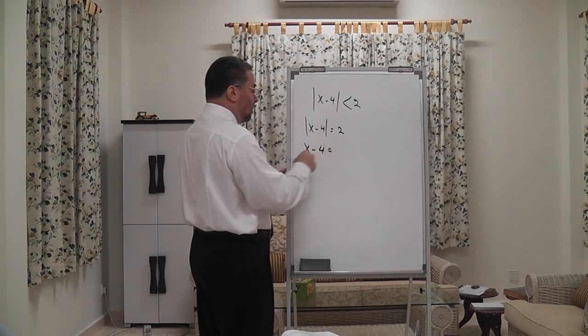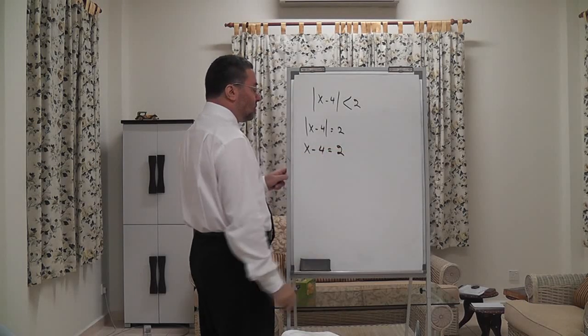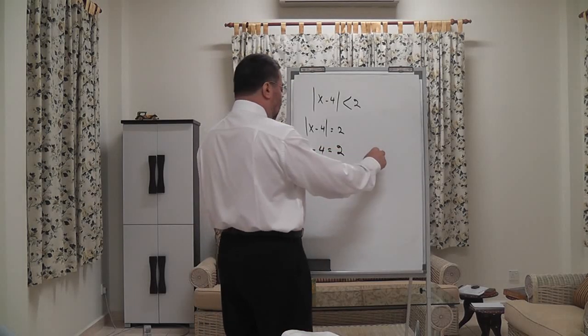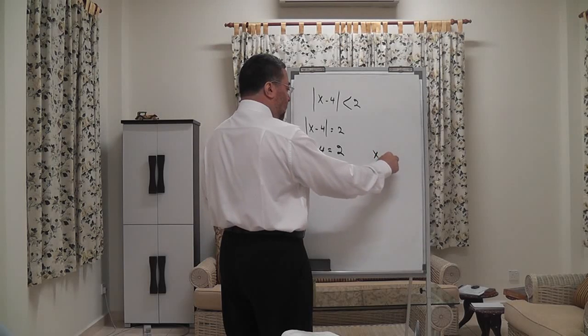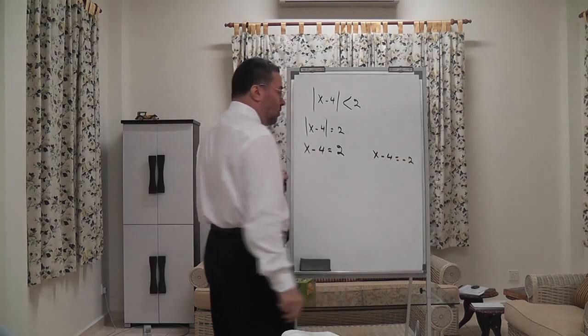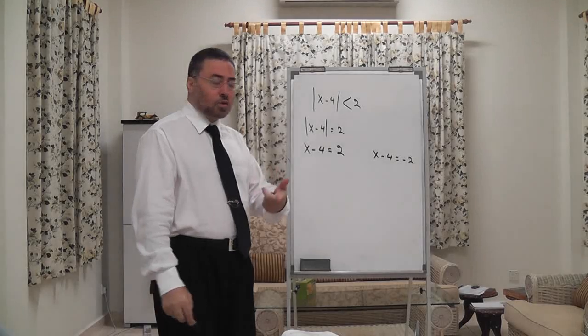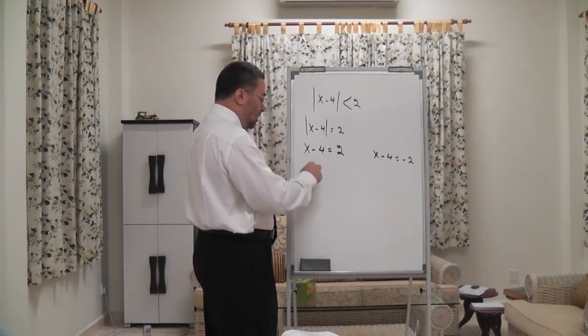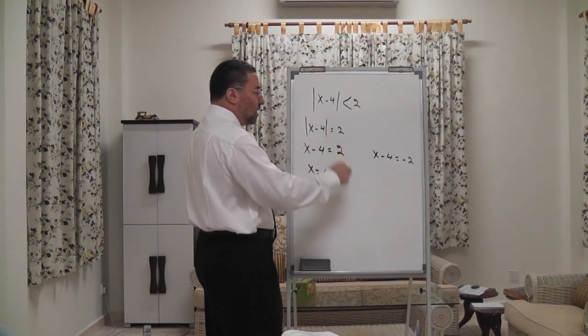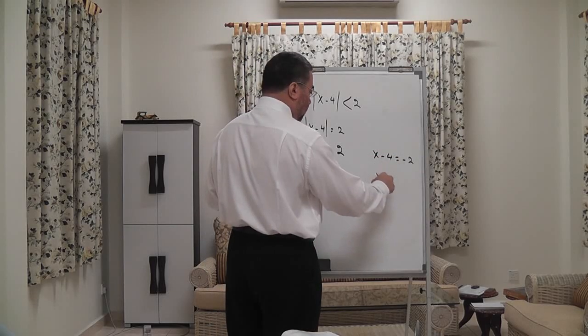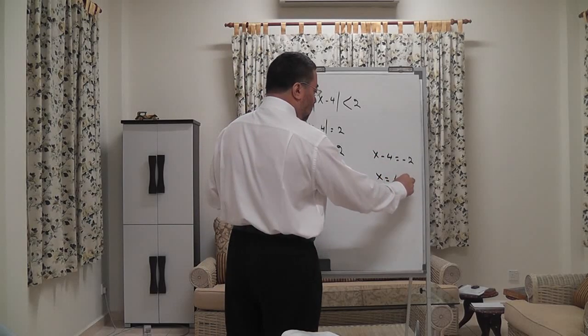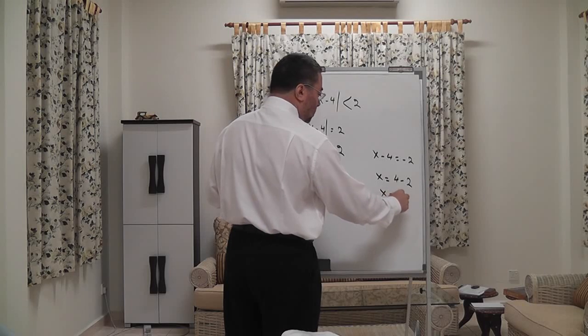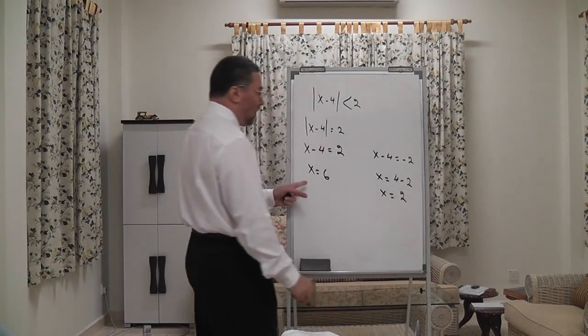First situation is when our expression equals a positive 2, and the second situation is when it equals a negative 2. Now we are trying to get the roots. Here x equals 6, taking 4 to the other side. Here x equals 4 minus 2, and x equals 2. So these are the roots,